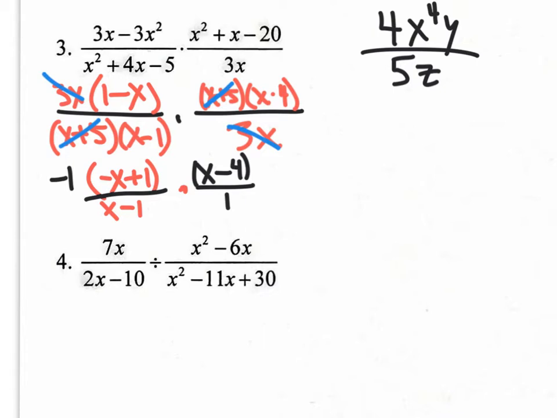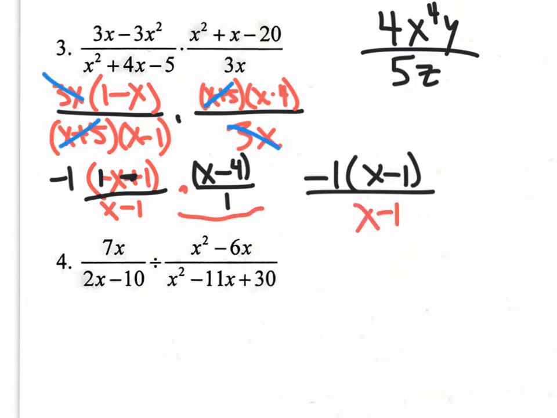If I pull out a negative 1, what will happen to the inside of the parentheses? It's going to become positive x and a negative 1. Does that make sense? So I really will have, it got ugly, let me rewrite everything. There it is on the side, negative 1 times x minus 1. On the bottom, we still have the x minus 1, and we still have this part over here, which is x minus 4